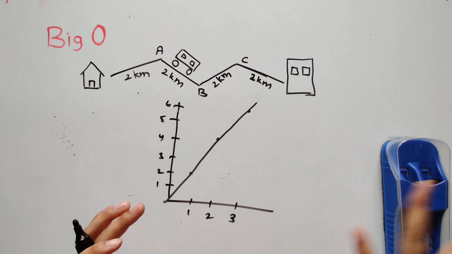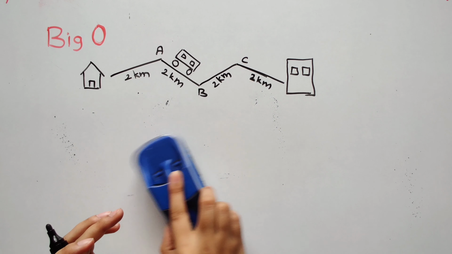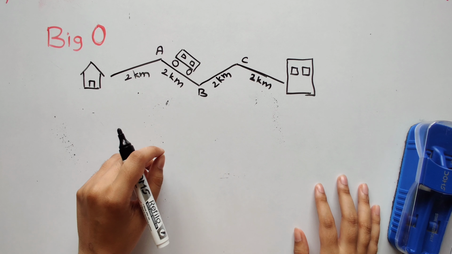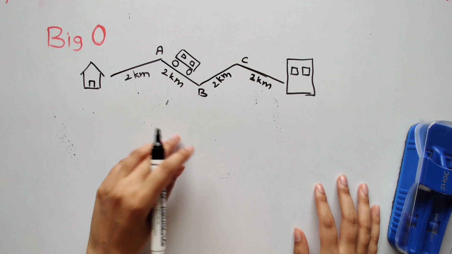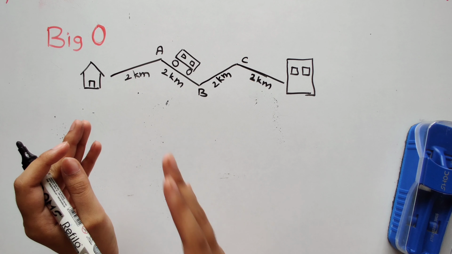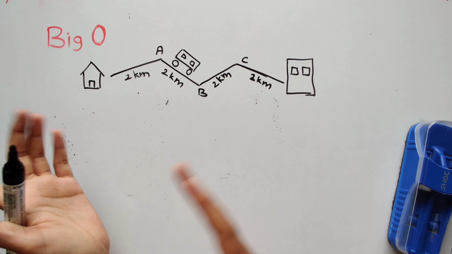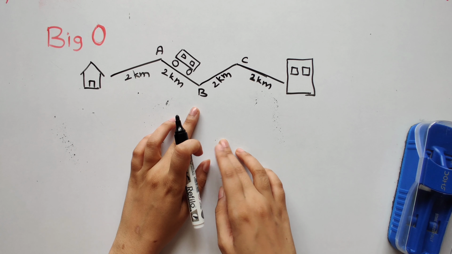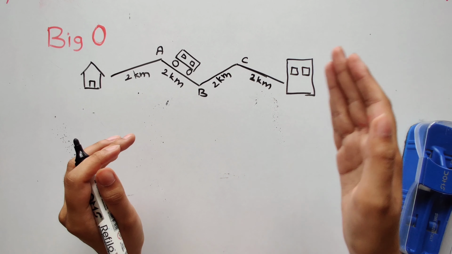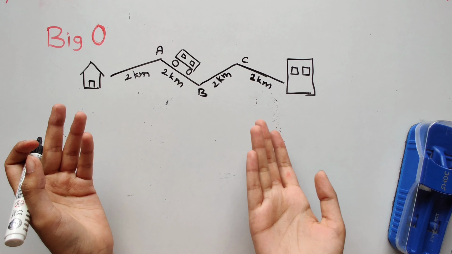Okay. Now let's take one example of when we would say that it's constant time. Let's say you're really bored of traveling 8 kilometers every day, it can be really boring. So your friend decides to give you company under one condition. He tells you that he will travel the first 2 stops with you every time. It doesn't matter to him where the bus lands him on the second stop, but then he's going to get down there and only give you company till there. And he doesn't even care if the number of stops is going to increase tomorrow. He's only going to travel 2 stops with you.